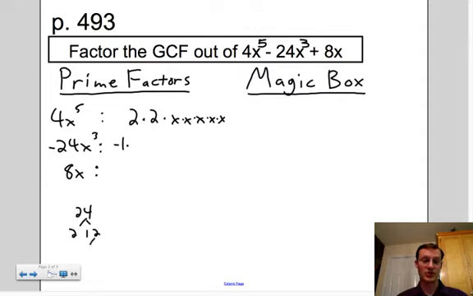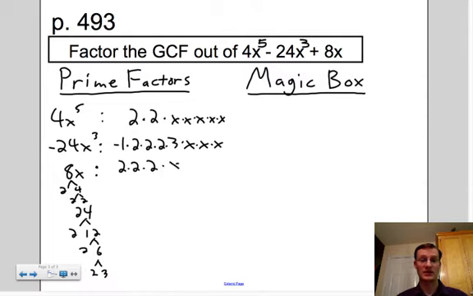24 is 2 times 12, 2 times 6, 2 times 3. So there are 1, 2, 3 2's and a 3, and then there are 1, 2, 3 x's. Now the 8x, 2 times 4, 2 times 2, so there's 3 2's. We have 2 times 2 times 2 times x. And now we're going to circle any pairs that we see. So I see a 2, I see another 2, I see an x,